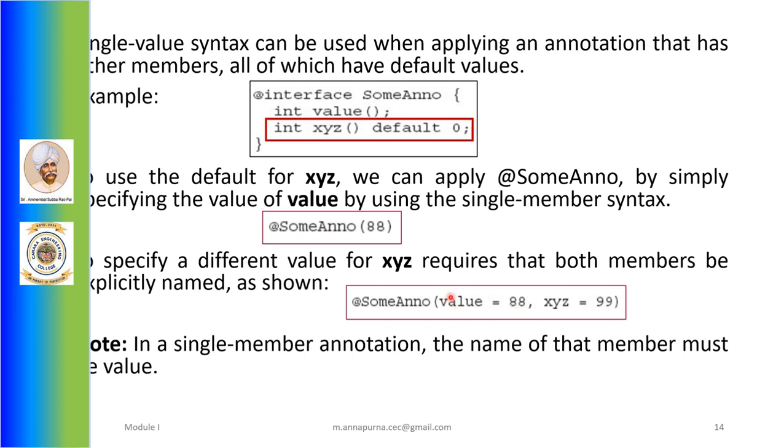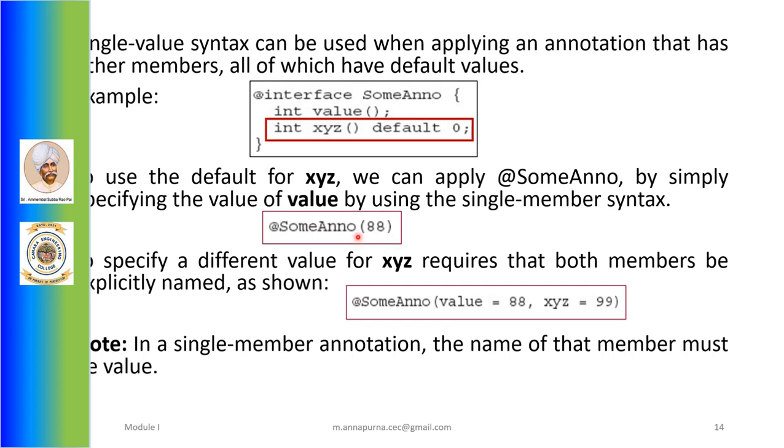When you need to provide values for both annotation members, you need to explicitly specify the values and also the annotation member names. So here value equals 88 tells that you are assigning a value 88 to annotation member value, and xyz equals 99 tells that you are assigning value 99 to annotation member xyz.